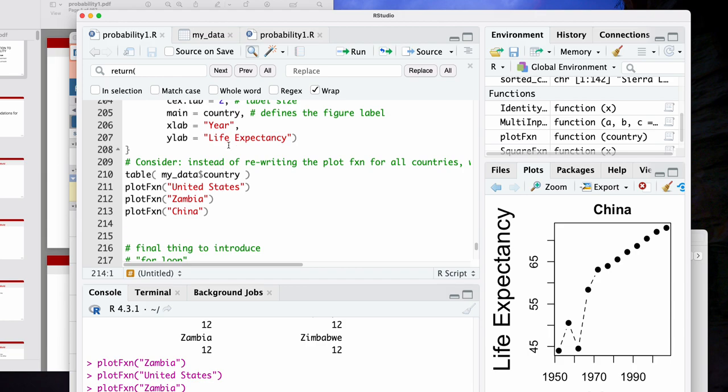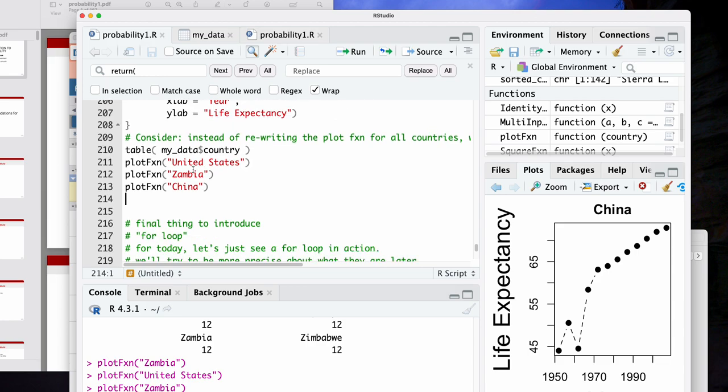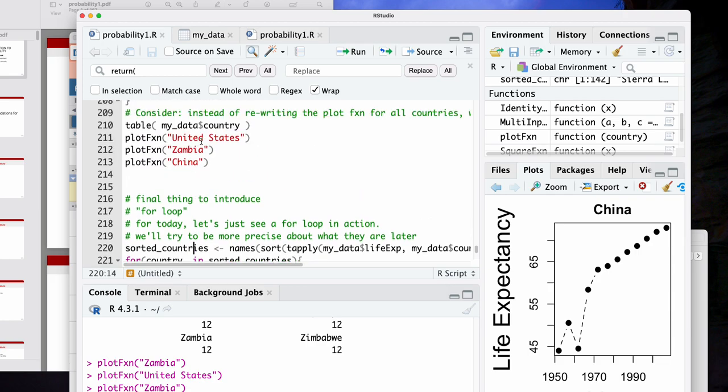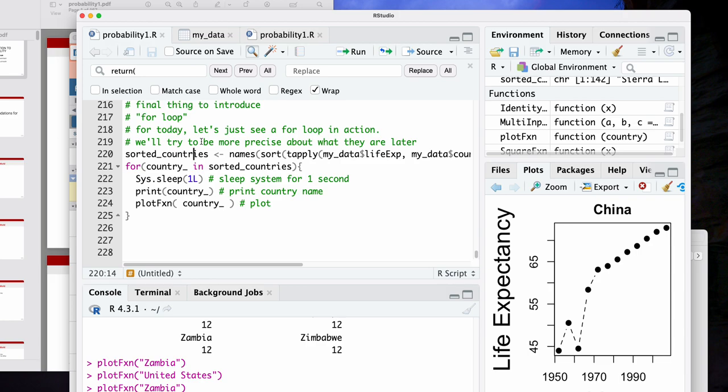Okay, so I know we're getting to the time where we're going to have a mental reset. But I wanted to just introduce you to the notion of a loop, because next time we'll introduce it more formally. So let's say we wanted to plot not just one country, not just two countries, but every single country, and we wanted to plot every country in under 10 lines of code. You might think I have 100 countries, I need at least 100 lines of code. But the answer is no. The answer is you can do it in far fewer lines of code using what's known as a loop.